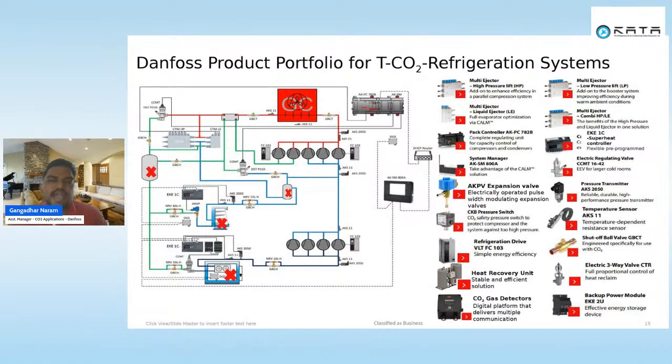So Danfoss has done quite a lot of work developing the CO2 components. If you can see the cycle, this is a complex cycle where you can have multiple evaporation temperatures and multiple compressors at different pressures. So if you can see here, the cross marks, these are the only four cross marks you can see here, such as IP receiver, accumulator, evaporators. So these are the only four components that are not in our Danfoss portfolio.